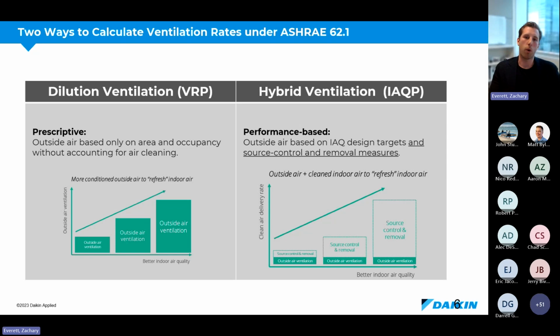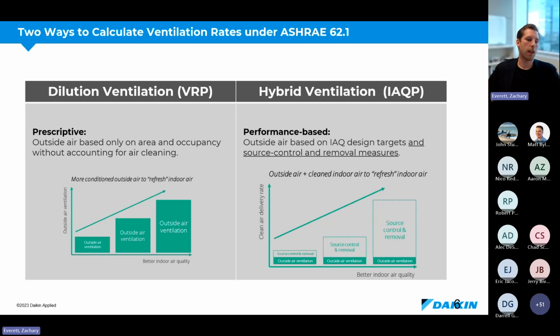As we talk about indoor air quality as a whole, ASHRAE actually put out a position paper that said CO2 is not the best means of measuring indoor air quality. Instead, we should focus on these VOCs, these 14 contaminants of concern. And so when we do that with the dilution ventilation style of calculation, we're having to bring in more and more outside air in order to improve the indoor air quality,